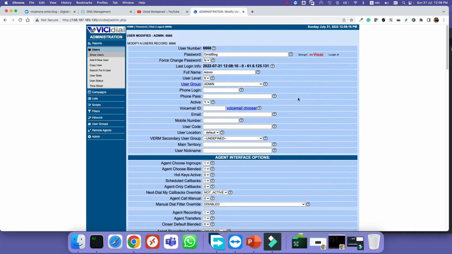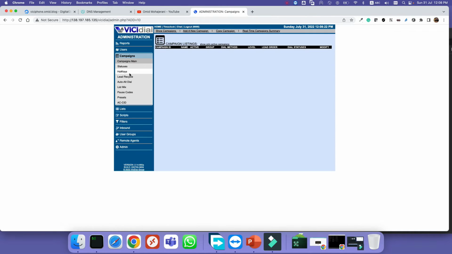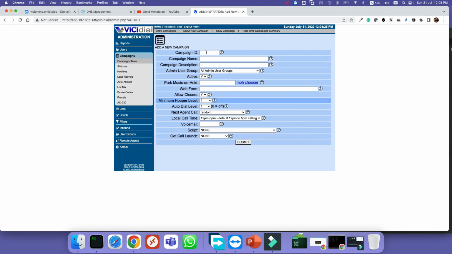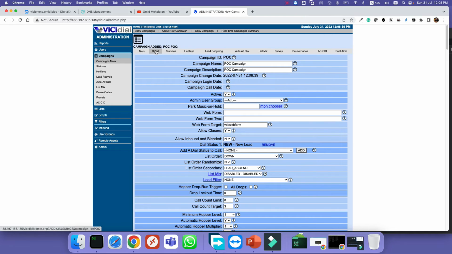Okay, after we have created the user, we are able to create a campaign. Let's create a very minimal campaign. We just name it POC. Let's name it POC campaign. And we can set it for 24 hours. And we set the minimum options in the details